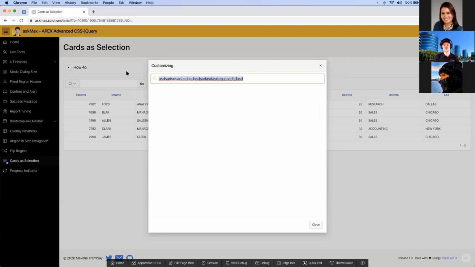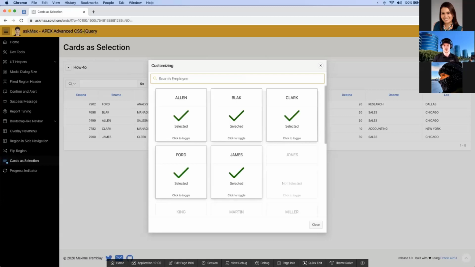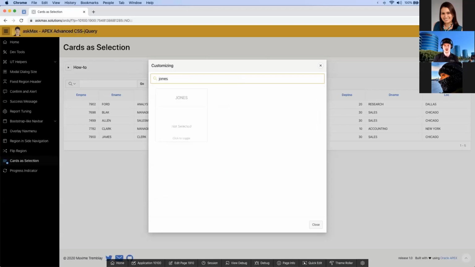So basically, it will wait for a specific amount of time during which there is no action triggered. And if at the end of that specific time nothing happened, then the corresponding action, which in my case is the refresh of the report, will be triggered. So let's say I search for Jones. As I'm typing Jones, as soon as I stop, it searches only once, and so it prevents multiple refreshes